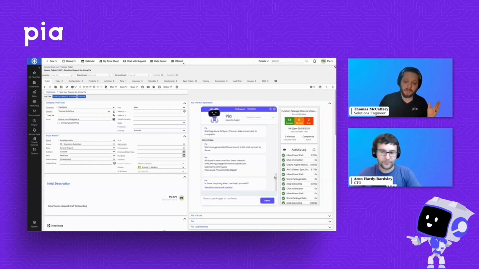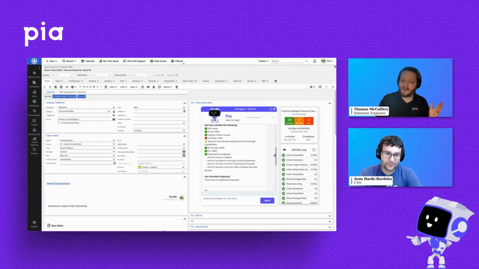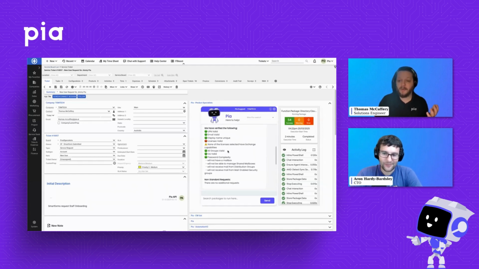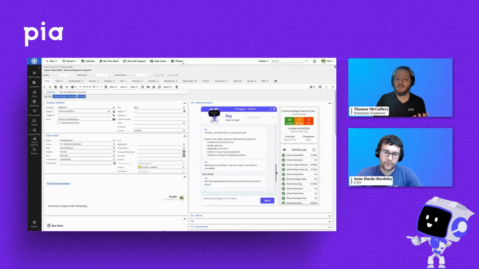Absolutely. Fantastic stuff. And for those eagle-eyed among you, by the way, yes, we did fail one of our validation steps up here. This is actually something I configured and tested earlier. My demo environment doesn't have any paid licenses because I'm poor, so I don't have any email-enabled licenses that I can use here. So I did enable something in Pia to say, hey, if it can't have a license, if it's not mail-enabled, that's okay, pass through. That just shows the kind of configurability that you can have. If that's part of the standard process for the client, I don't have to sit there and say every single time, hey, that's okay, you can go. I can configure that ahead of time. Pia's going to pass that one by for me. It's going to let me know, but it's still going to continue with the creation of the user.